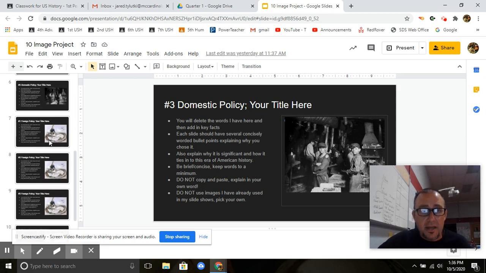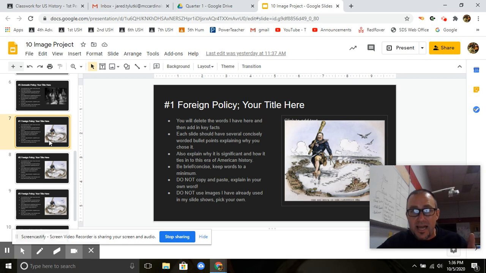All right, moving on a little bit. The second set of 5 slides that I have here are all the foreign policy ones. Essentially, they look the same. You have text there and then an image over on the right side. For this one, I chose a political cartoon, and it's Teddy Roosevelt going around with a big stick in his hand, a club, and you can see it's the Caribbean Sea there in the background. It was a political cartoon talking about Teddy Roosevelt's big stick diplomacy that he practiced as president.